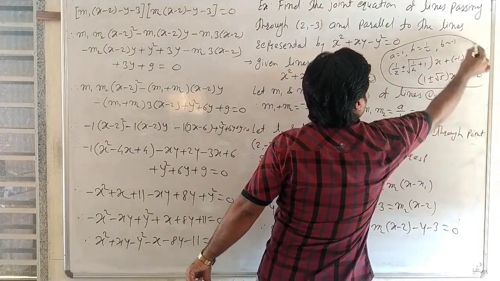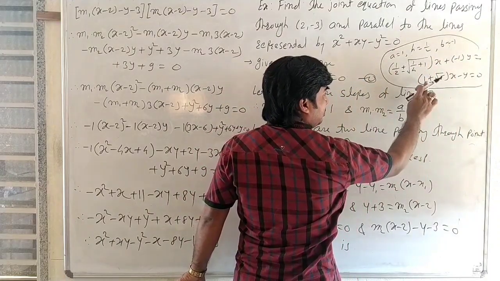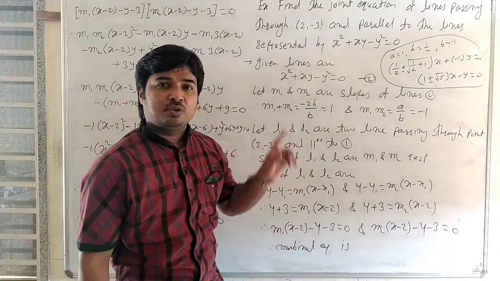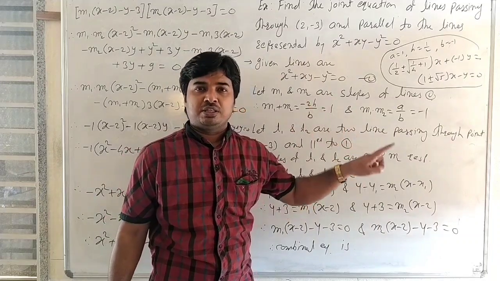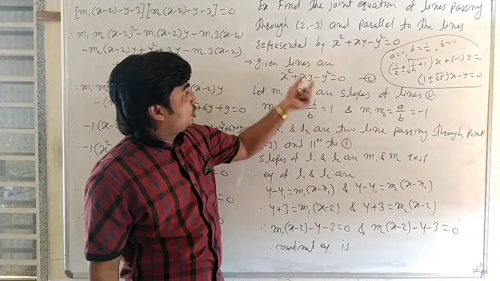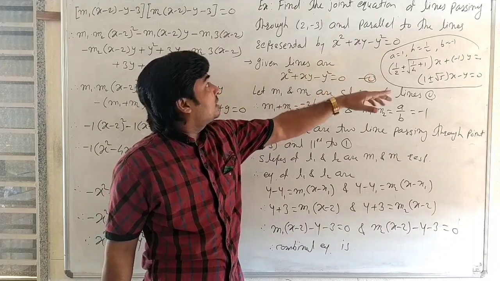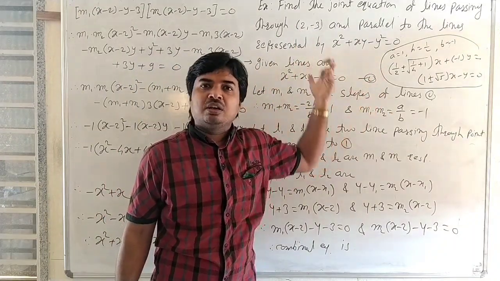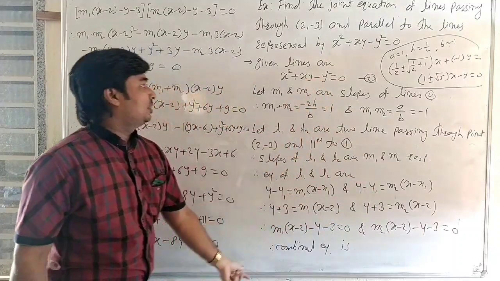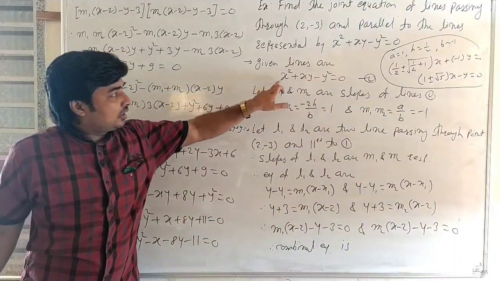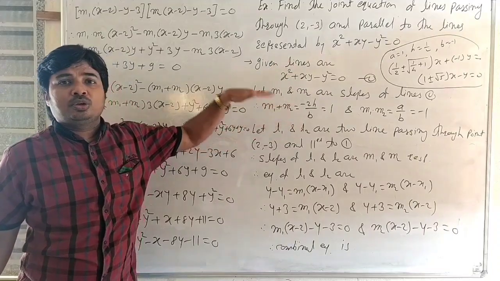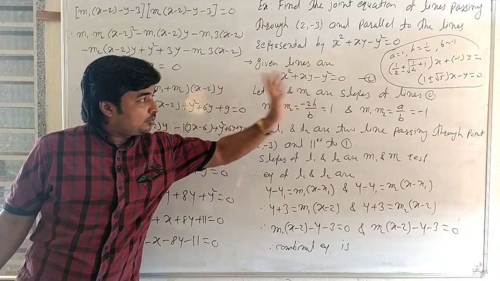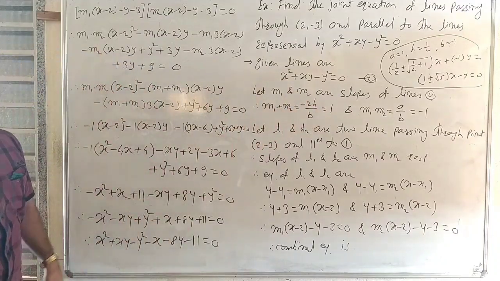Okay, and slopes will be m1 is equal to 1 plus under root 5 and m2 is equal to 1 minus under root 5. Then equation y minus y1 is equal to m into (x minus x1), and slopes are 1 plus under root 5 and 1 minus under root 5 and it is a point. And then find the equations and then combine equation. That is also a lengthy procedure. Therefore when it cannot be factorized, then use the sum of the slopes and product of slopes. Okay, there, see carefully.